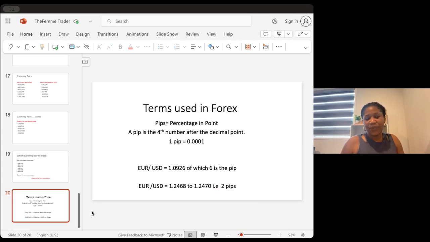So the next topic is gonna be, we're looking at TradingView. Okay, so there is also lot size that we need to talk about, but when we get on TradingView, I'm going to explain it to you. I don't want this video to be too long, but watch out for the next video and understand how to set up your TradingView.